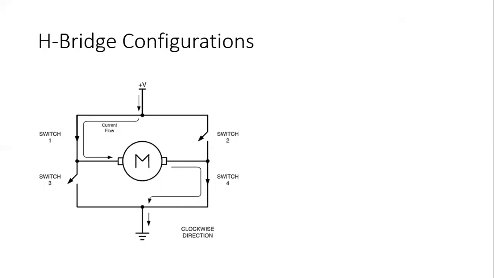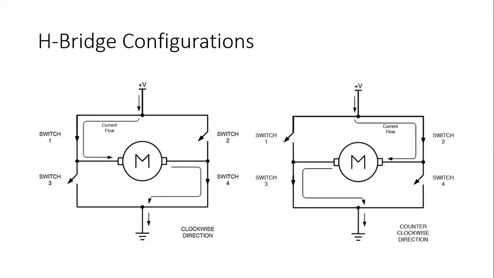Then for the anti-clockwise direction, it is going to be reversed. Switch 2 and switch 3 are closed, while switch 1 and switch 4 are off. Then we can enable the anti-clockwise direction. So what's happening when you operate different switches is that the polarity is also changed. You can see that the circuit is going to have a closed path from the right-hand side, from the positive signal to the ground here. That will help us rotate the motor in the anti-clockwise direction, isn't it?